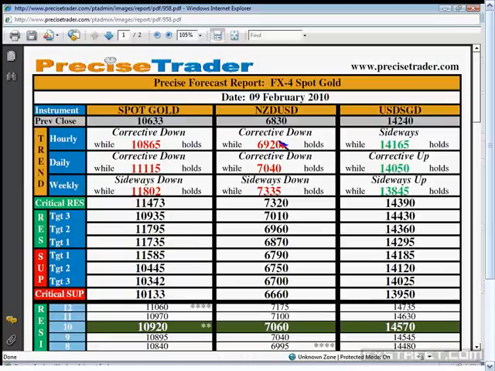So let's look at this hourly. This hourly trend has been corrective down while 69.20 holds. So basically, what this phrase says is the word corrective down means the market has been down, but is towards the end of that down move. Sometimes you must understand that the trend has 3 different phases, meaning when it goes down to up or up to down. It can be the beginning of an up move, it can be towards the end of that up move, or it can be somewhere in the middle of the up move, whereby you can see the market going higher and higher.